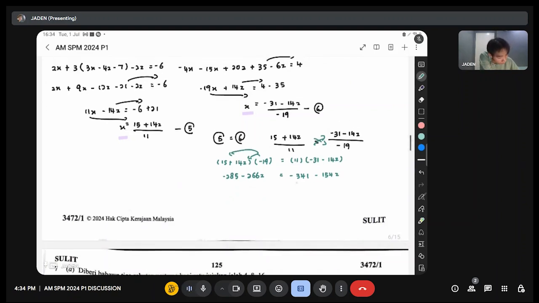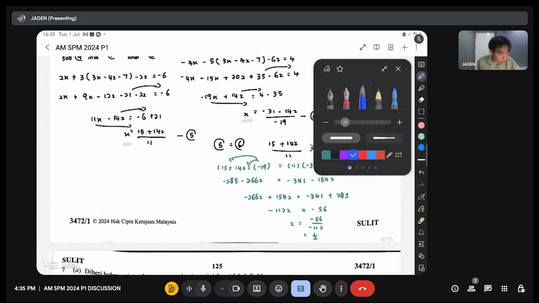Okay, so from here, we do negative 266z plus 154z equal to negative 341 plus 285. So negative 266 plus 154, you get negative 112z. And then negative 341 plus 285, you get negative 56. So z is actually negative 56 over negative 112. You get 1 over 2 after simplifying further. z is positive 1 over 2, and then you're going to write here when